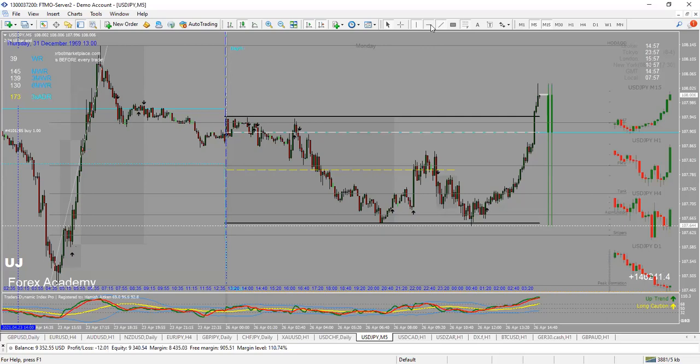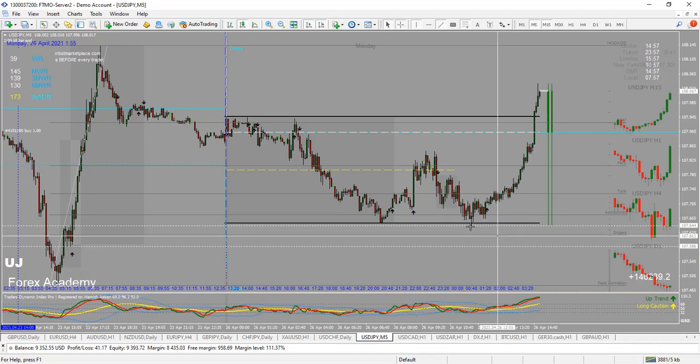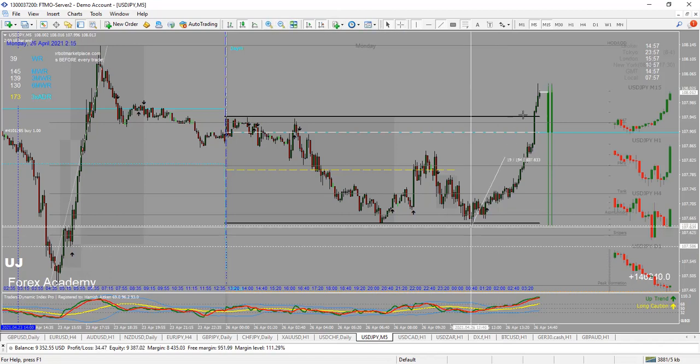Meaning you could have had a nice trade today on EURJPY if you did this analysis when the market retraces back to your trading zone, and then you could have had, let me check how many pips from this zone,